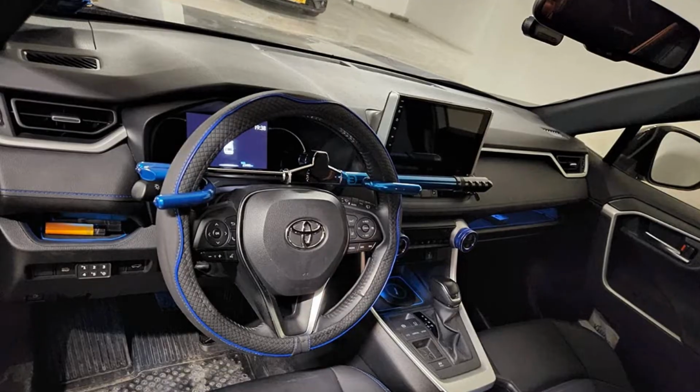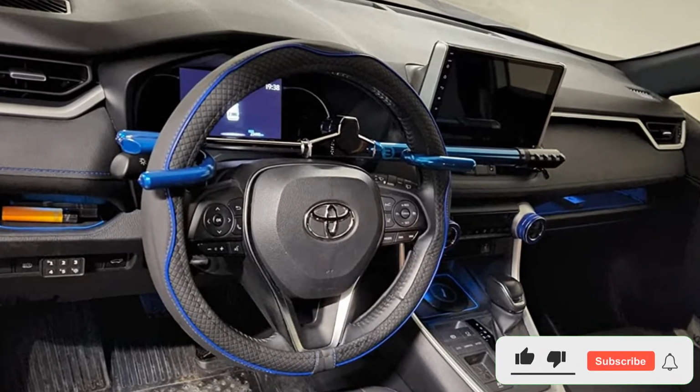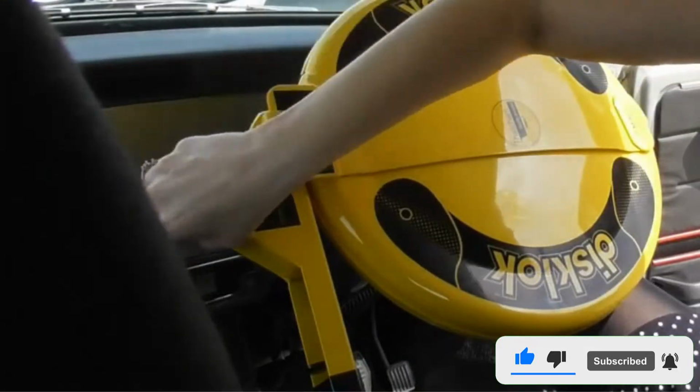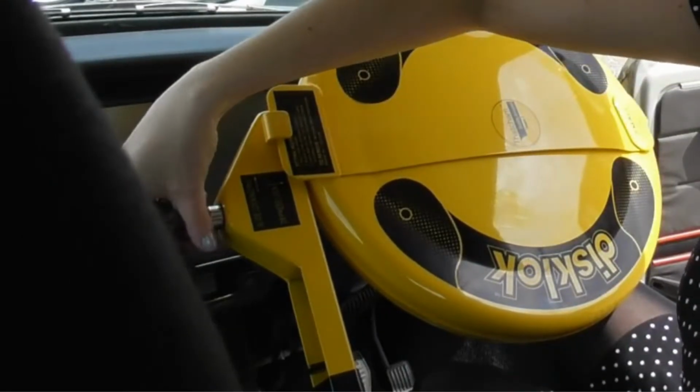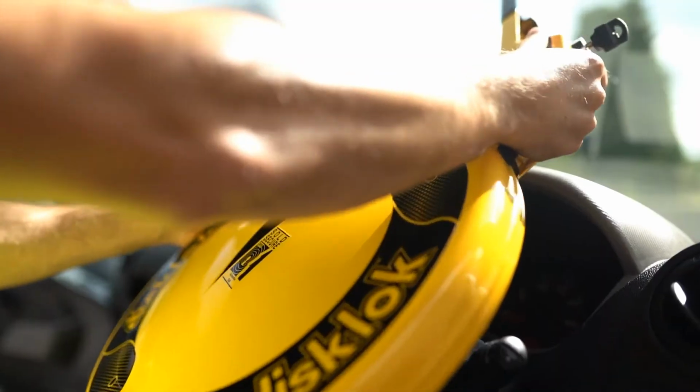Because the disc lock is different from most normal bar-style steering wheel locks, it takes longer to figure out, so it's a good deterrent. With manual tools, it would be impossible to remove. Just make sure you select a disc lock device that's the right size for your steering wheel, because if it's too snug it